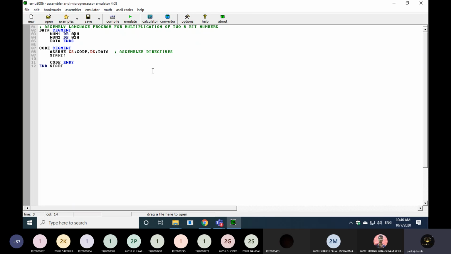There are different data types used in assembly language programming. To understand the data types, I suggest you read some information about the basics of assembly language programming. DB is known as define byte.